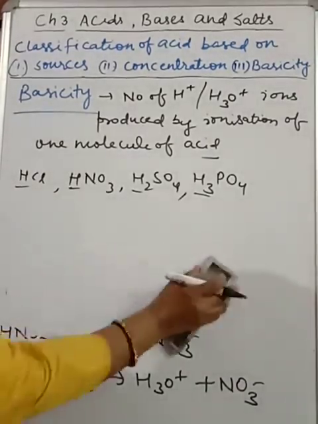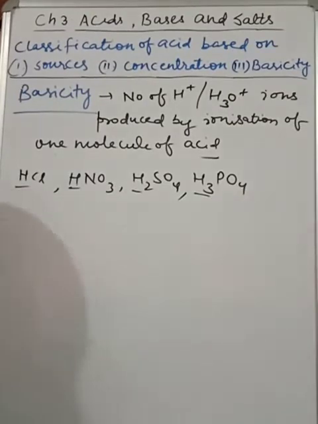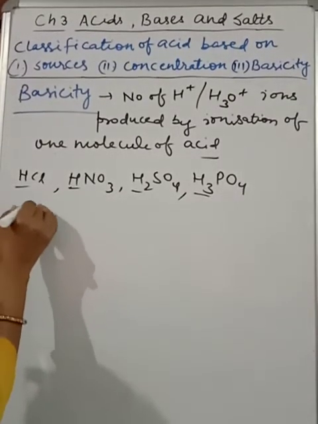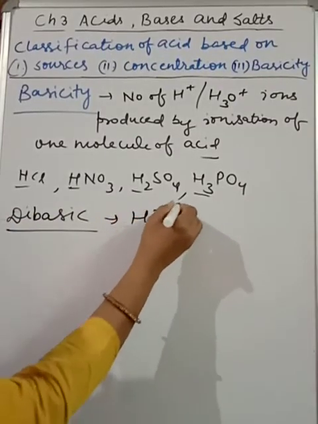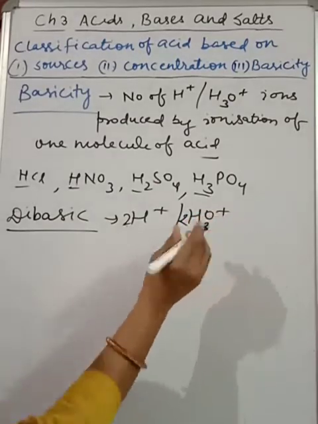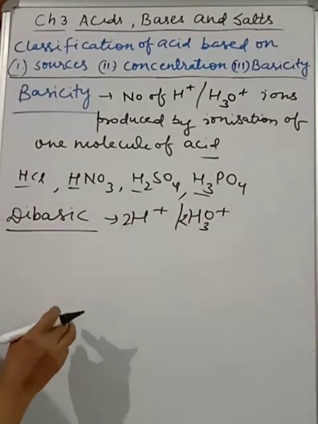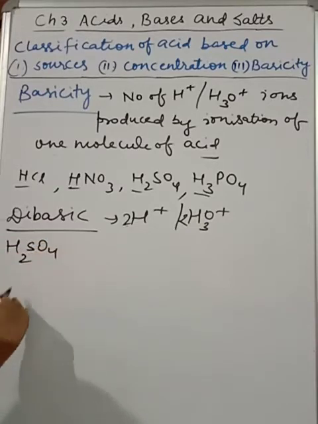Dibasic acids are those where two H plus or H3O plus ions get produced or generated. So, dibasic acid is capable of furnishing two H plus or two H3O plus ions. Okay, so like this, H2SO4, or